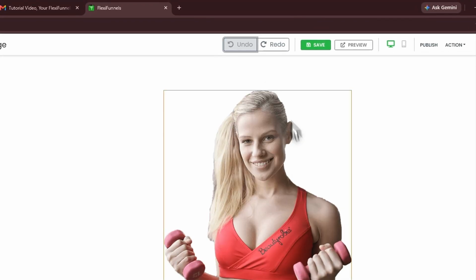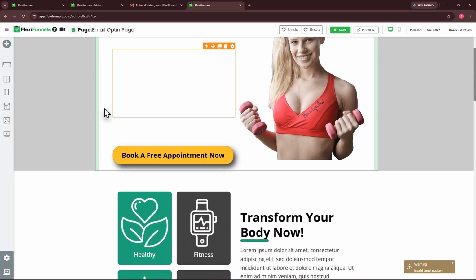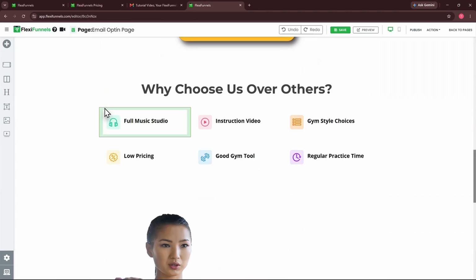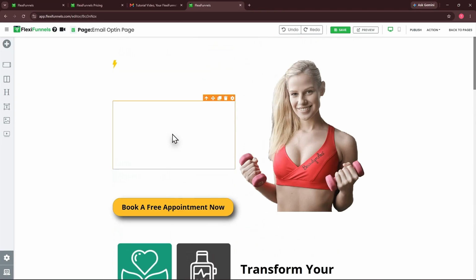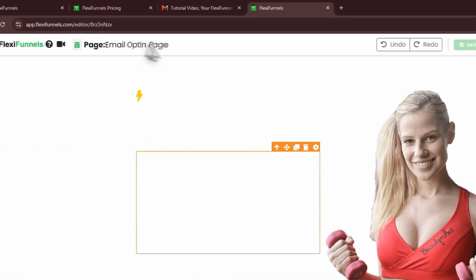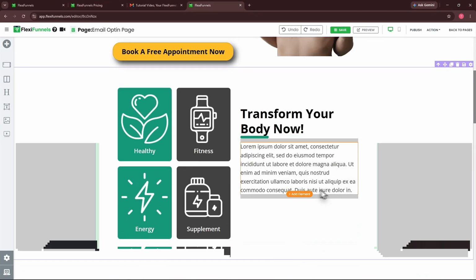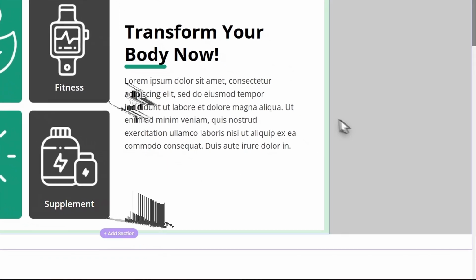Since this is just a template, all of the content you're seeing right now is placeholder content. These images and text descriptions are there as examples to help you get started. Normally, you would replace this with your own business information and marketing content, but for this tutorial, we'll leave the default text and design in place so we can focus on learning the editor and its features.